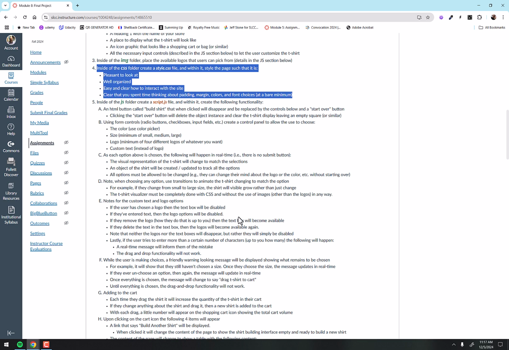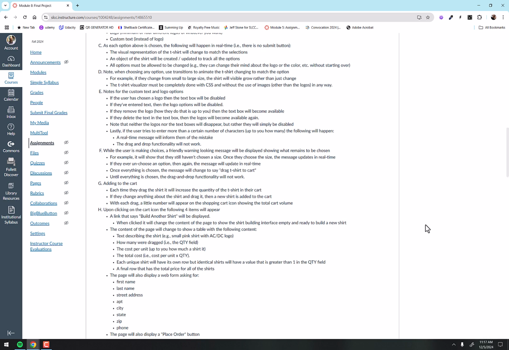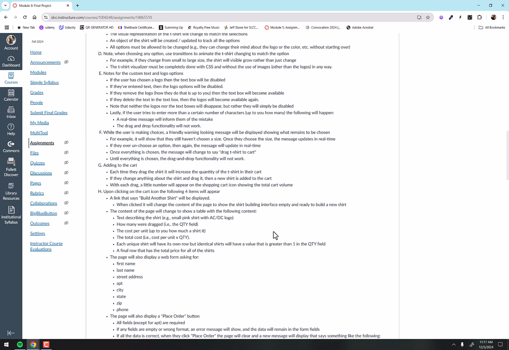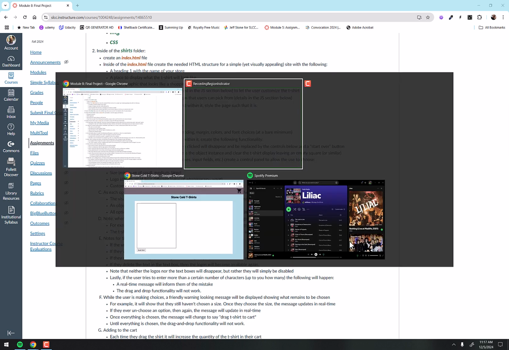Okay, so bullet point number 5, A through H. That's what we're going to be walking through in the next few minutes. I'm not going to go through the instructions line by line here, so we're just going to see it live in action, and then everything I'm saying in the live version that you're about to see is all described right here. So here we go.